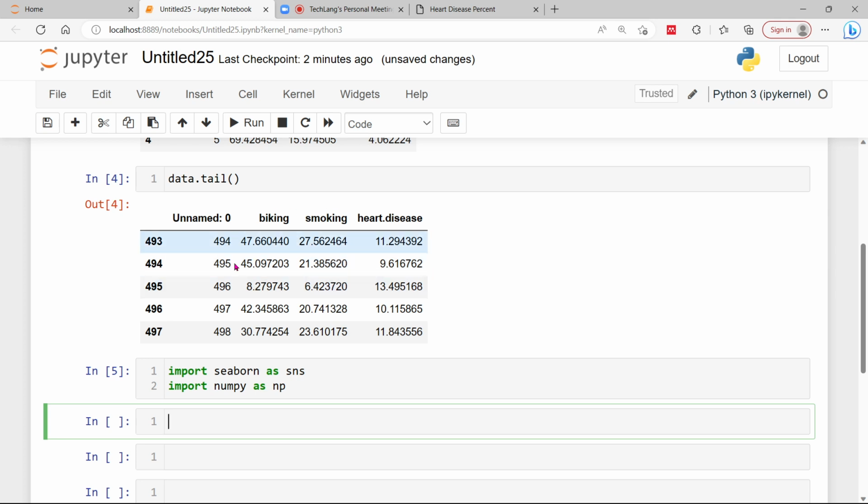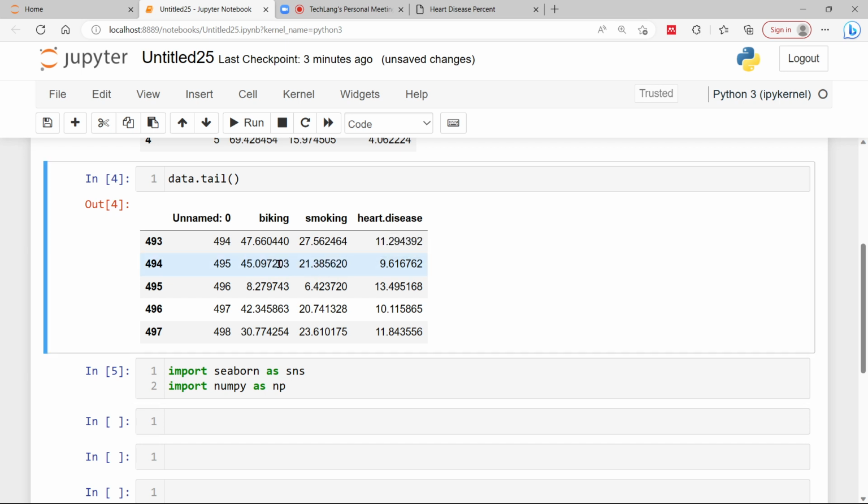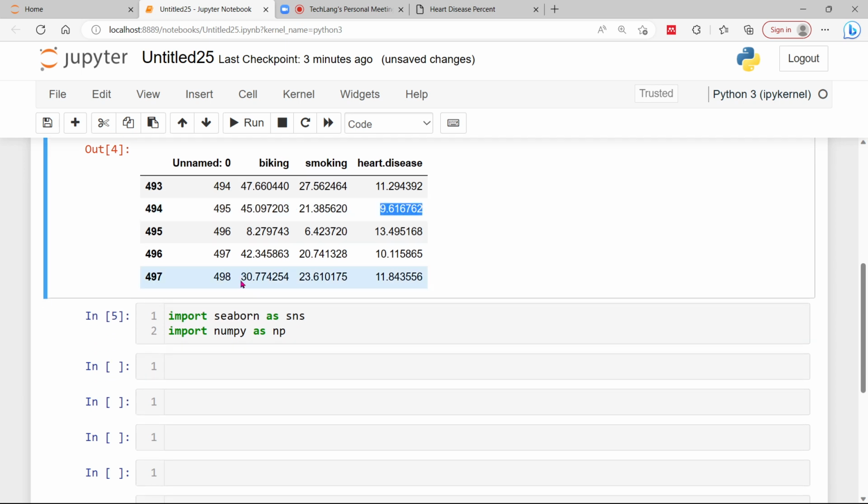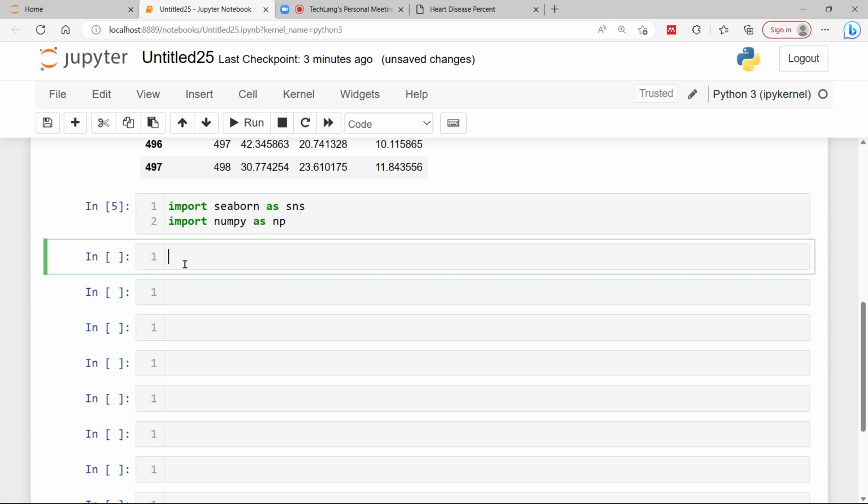So here we have features. Biking and smoking are the features of the patient, but heart disease is the probability. If he has high biking and smoking, like this one, 21 something, then he has heart disease of this probability. If someone has 30 or 23, then he has 11 point something heart disease probability, right? So in this way, let me import the file again,